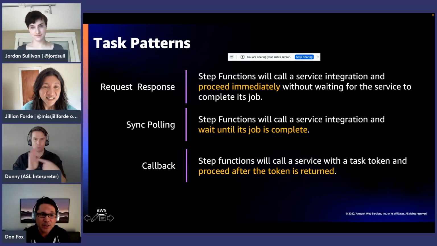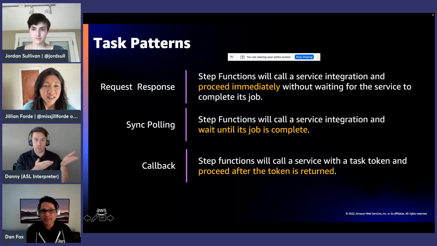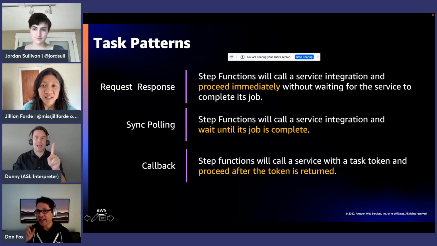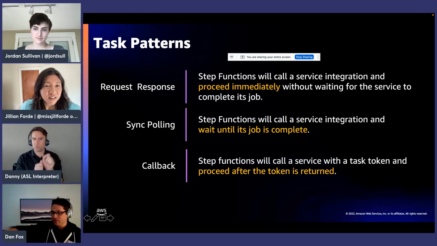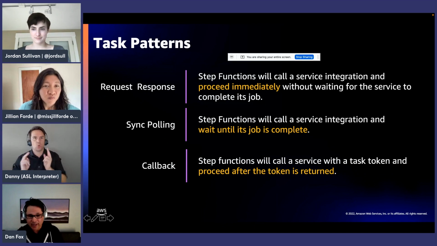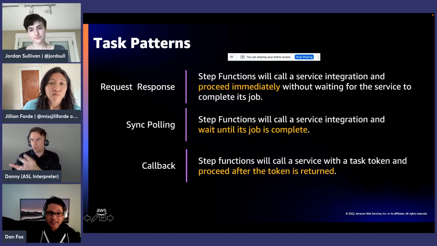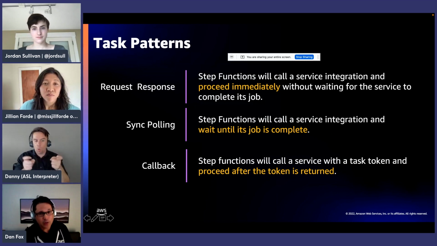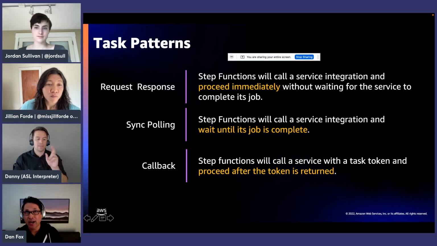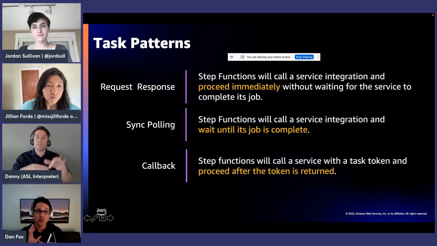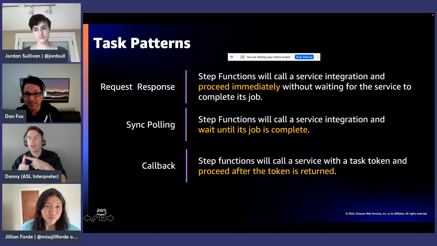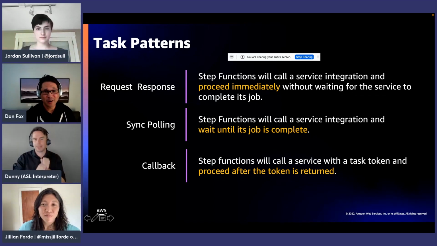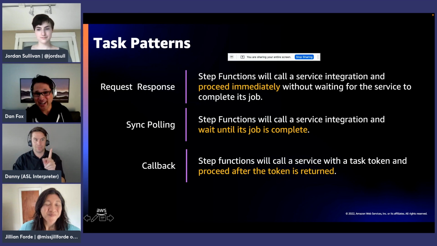Basically, Step Functions will call a service and pass a task token, and then pause. And what happens to that task token is then up to you. You can take that task token and give it to a human so that they can click on a link and approve something. It can go to a third-party system that you don't even control. But then basically, you can send the task token back to Step Functions with a succeed or fail message, and then Step Functions will advance once it receives that callback. So that's kind of what I want to demo for you today in code.